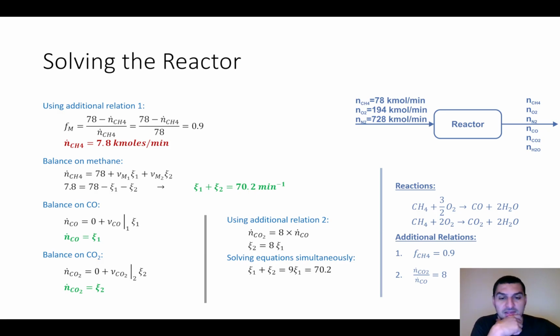Okay, and now I know the number of moles of carbon monoxide and number of moles of carbon dioxide in the product stream, and we can calculate the rest of the variables. Once you calculate the extent of reaction, you can calculate everything. It's not do anything, you can calculate everything. So